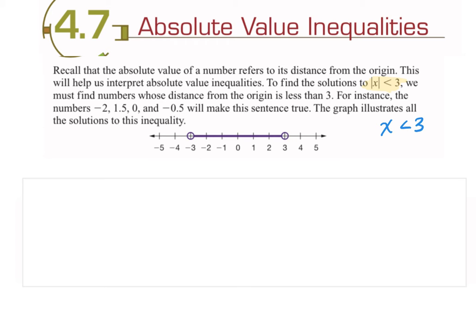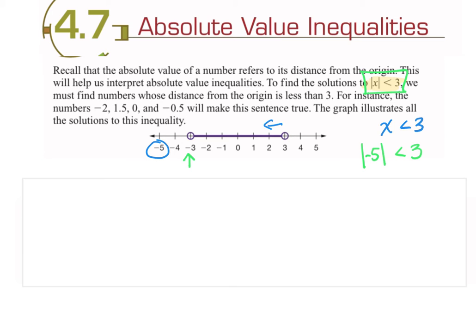That makes sense, okay? So what's inside could be less than 3, but there comes a point where that's no longer true. Let's take -5, for example. Does -5 still make this original statement true? Absolute value is less than 3. If I plug in a -5 here, we have a problem. That's not less than 3. The absolute value of -5 is +5, which is not less than 3. And so you get all the way until the opposite, that -3,